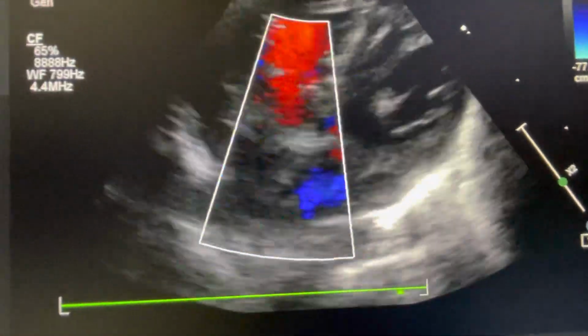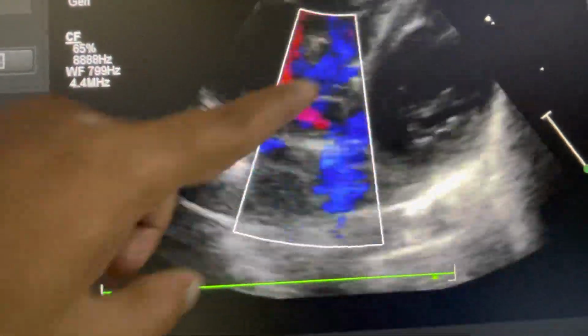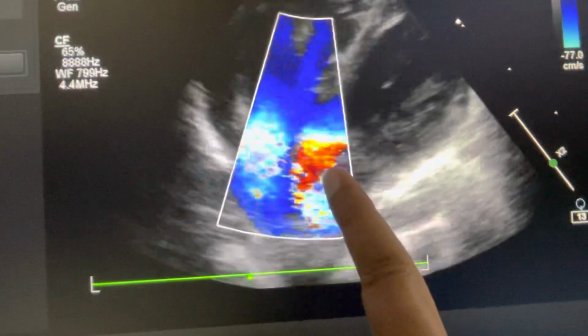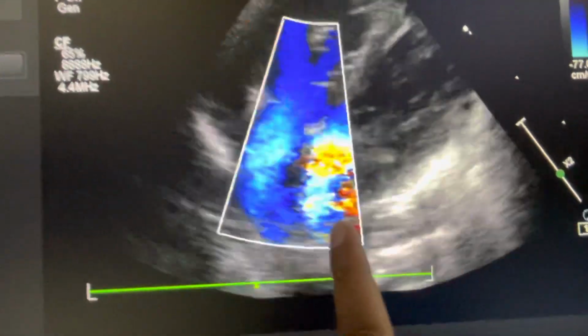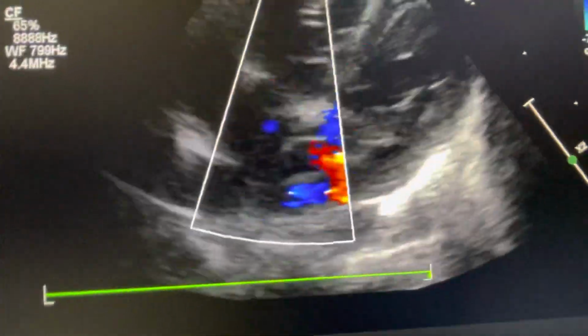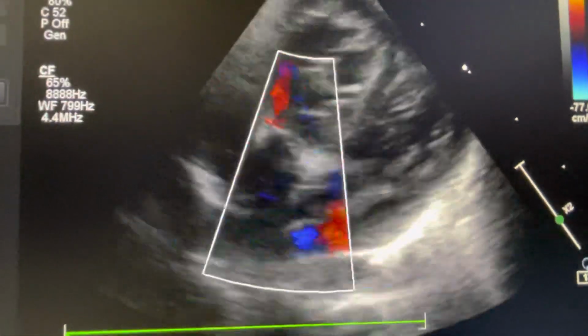This is the image you see. This is right ventricle, this is aorta, this is left ventricle, and then pulmonary artery. There is little flow obstruction in pulmonary artery as you find more turbulence in pulmonary artery. You can clearly see